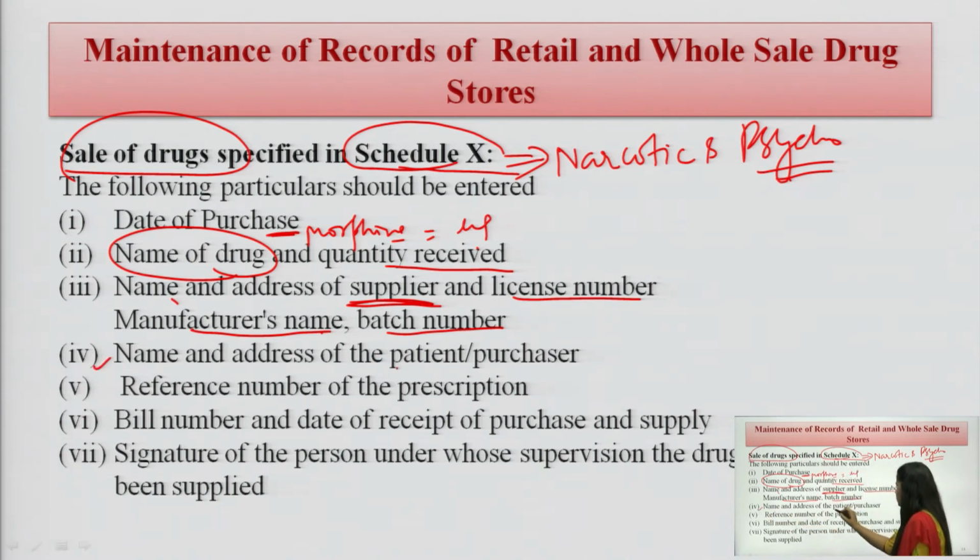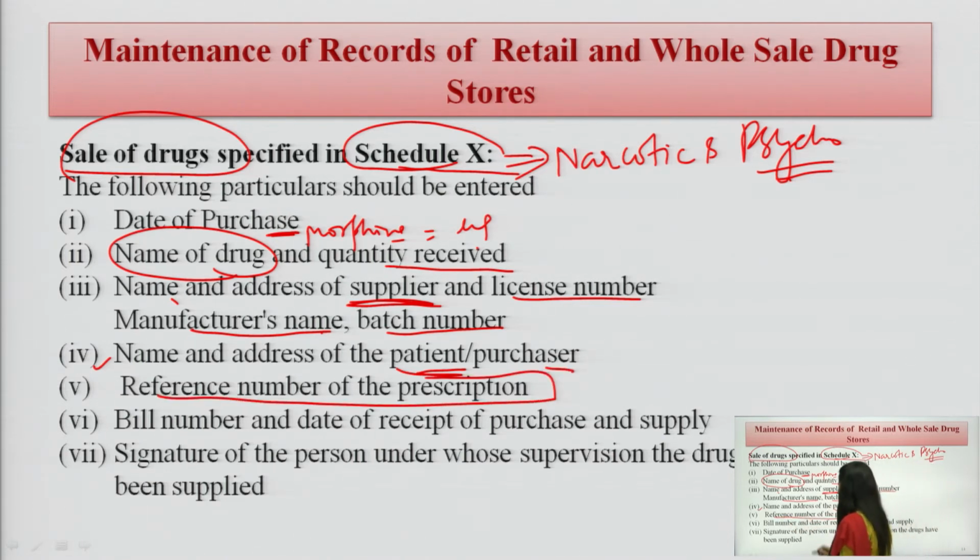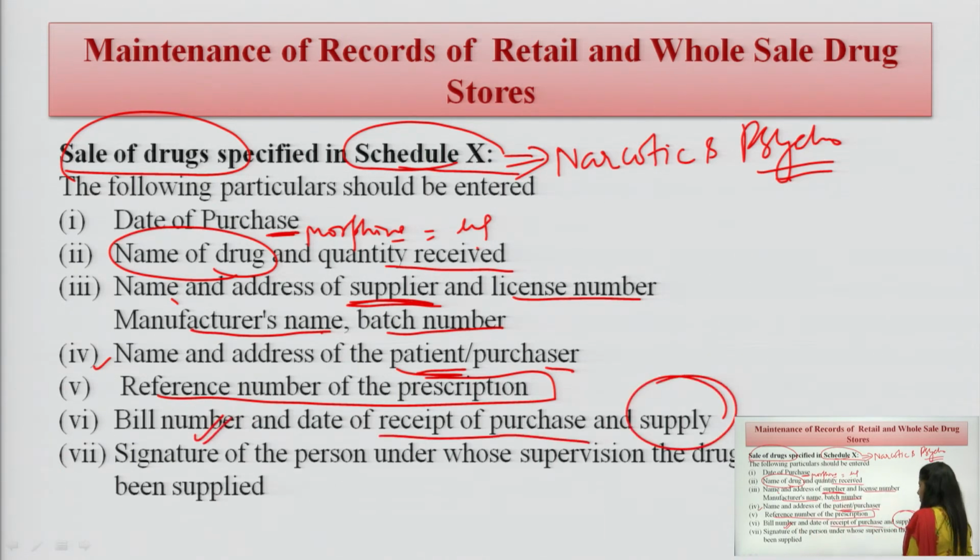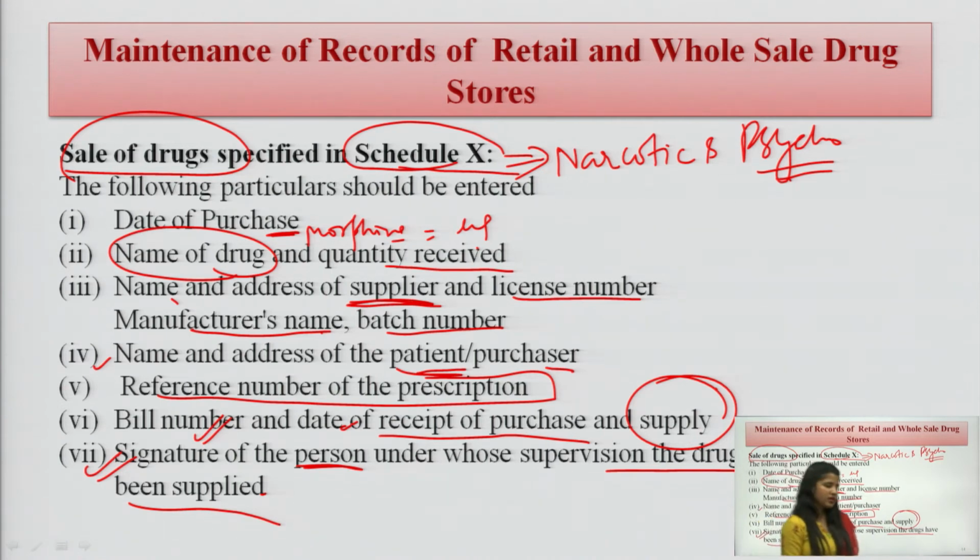Name and address of the patient, purchaser, what is the reference number of prescription, bill number, date of the receipt of purchase, and what is the supply. Yes, what is the date of the supply, on what date we have received it, on what date we have purchased it. Signature of person, this is an important point here. We can see this is the difference, the signature of the person under whose supervision the drugs have been supplied. So, whosoever is giving. In the wholesale, what happens, sometimes the personnel who have the experience or a registered pharmacist is there, they will sign it that the patient had taken this much of the drug and the patient belongs with